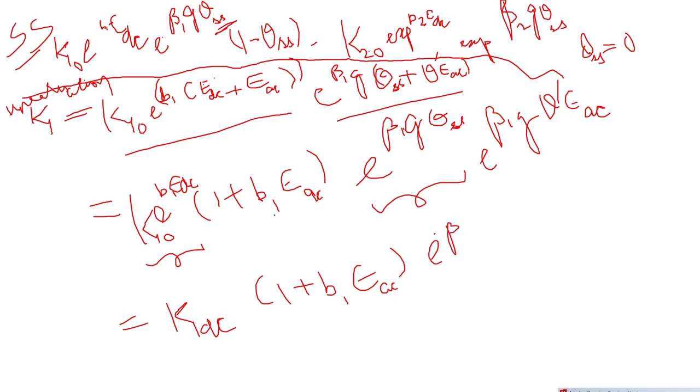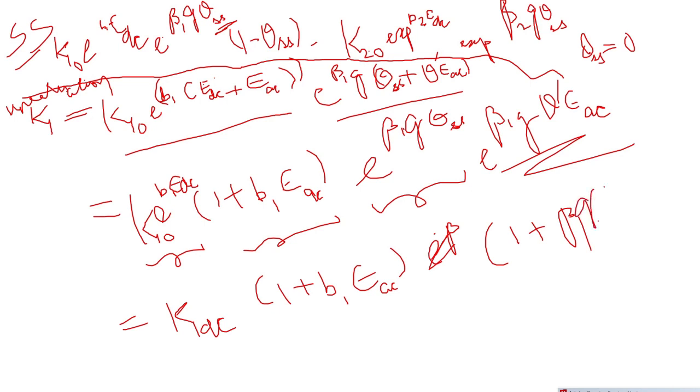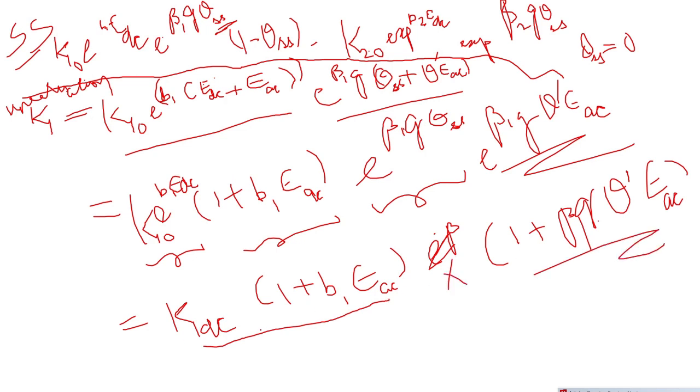This part, same way as I wrote e to the power B1 EAC as 1 plus B1 EAC, I'll now write this also like 1 plus B1 G theta dash, neglecting all the higher terms. Okay, so this is the equation for K1. Apart from this term, there is an additional term like this. Now, same way, if I am writing for K2,